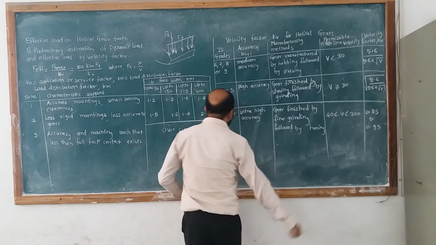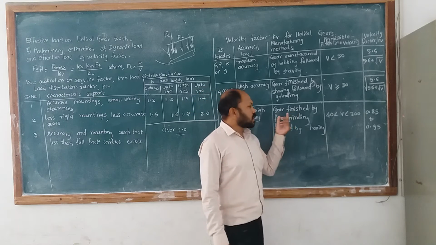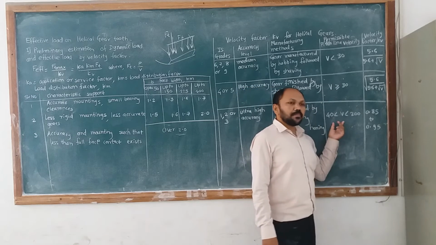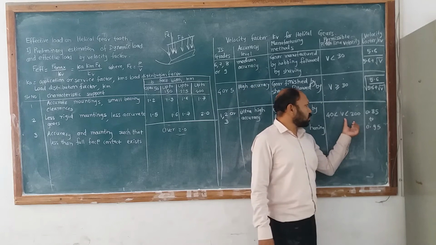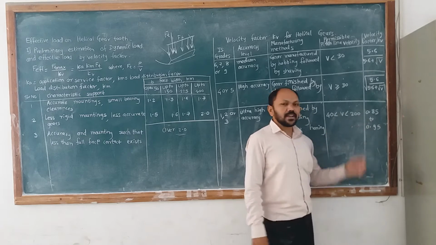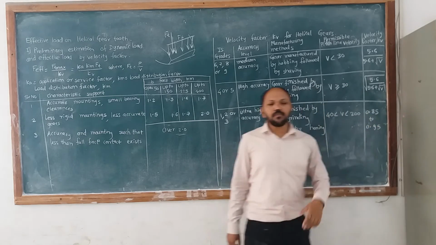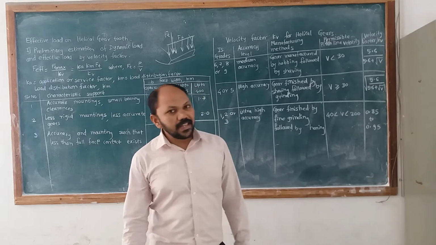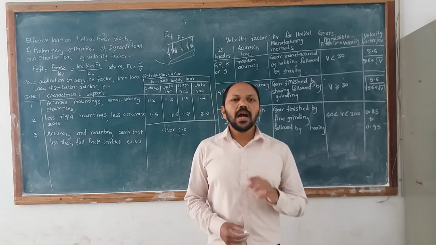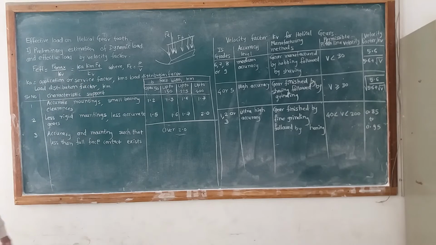If gear grade is 1, 2 or 3, that is ultra high accuracy. Manufacturing method is gear finish by fine grinding followed by honing process. And permissible pitch line velocity becomes 40 less than V less than 200. So pitch line velocity is within the range of 40 and 200. Then velocity factor Kv becomes 0.85 to 0.95. So by using these relations and values, we are able to find out the Kv value. After finding out Kv value, you substitute all the values here and find out effective load.